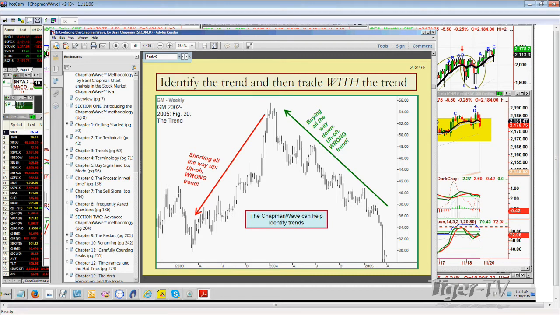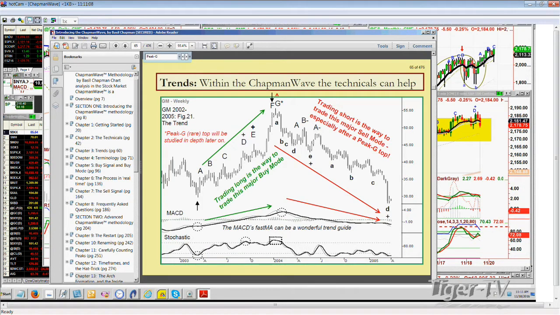So this is the way you want to be thinking of it. Unless you're a short-term trader, you want to be buying for the longer term. You want to be shorting for the shorter term. But sorry, buying for the short term, but long term you're going down, making lower lows. All right, so that's enough with that. Just things can lead to one another.